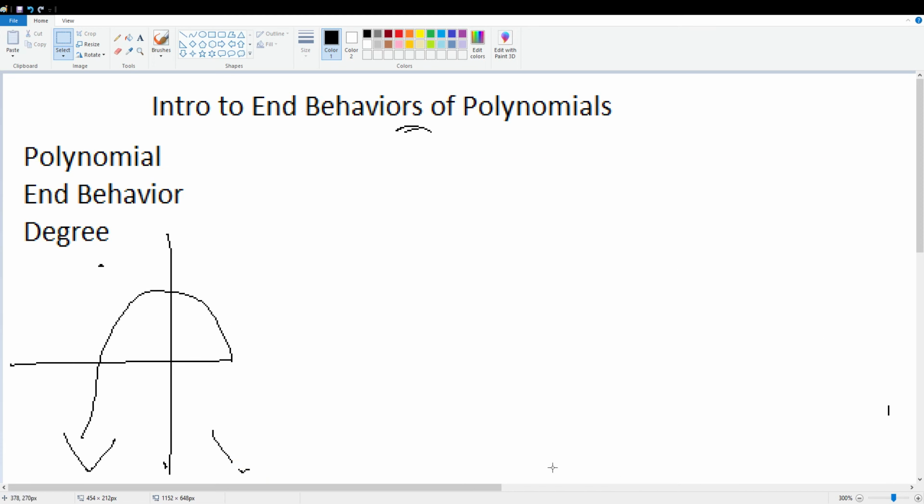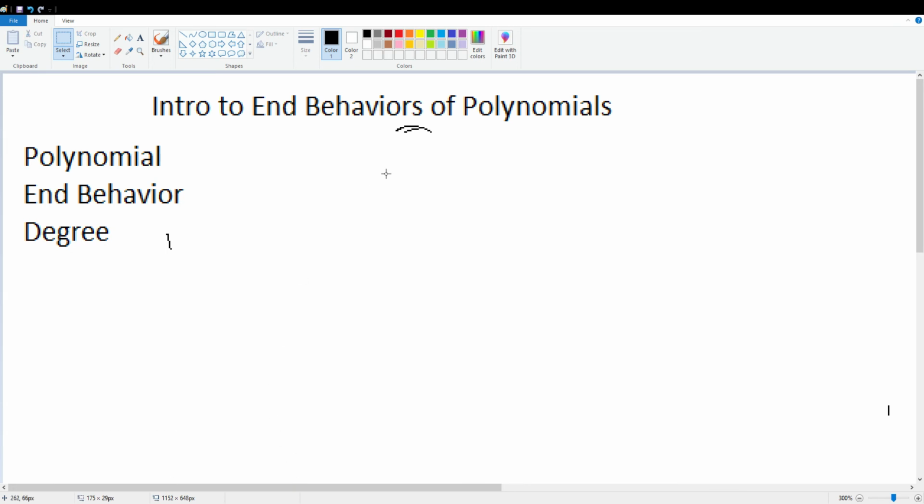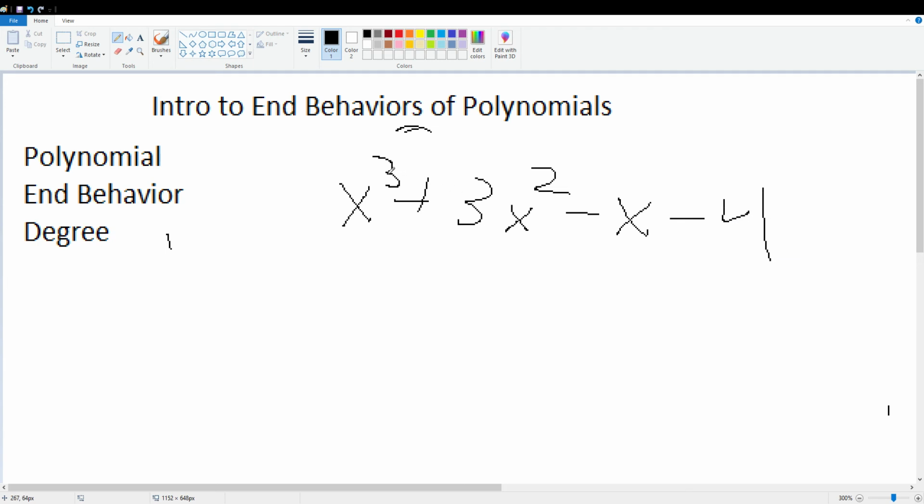So let's work with a different example this time. Here, let me delete all of this junk. Okay, so next example, x to the third plus 3x squared minus x minus 4. So again, look at the degree, and this time it tells us that it will be